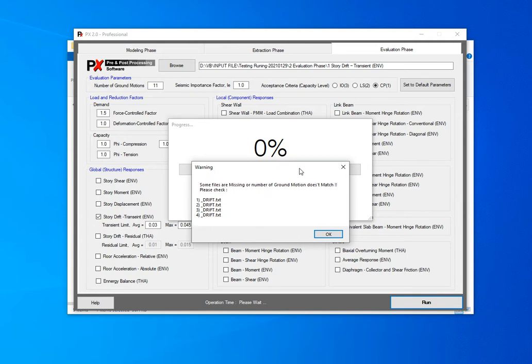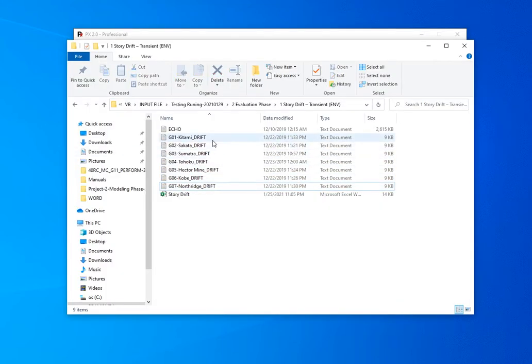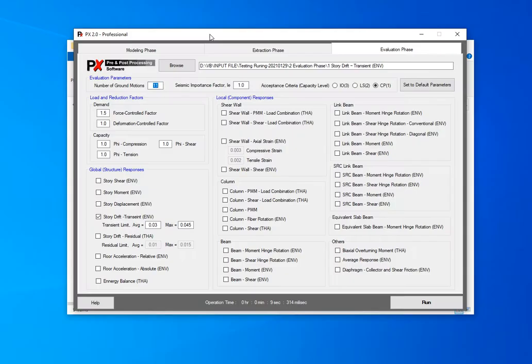The software shows a warning: some files are missing or the number of ground motions doesn't match. Please check. By default, they will show 11 ground motions, but the input has only 7. You just change here to be 7 and run.